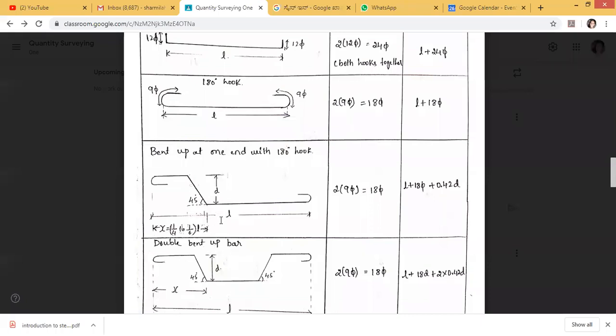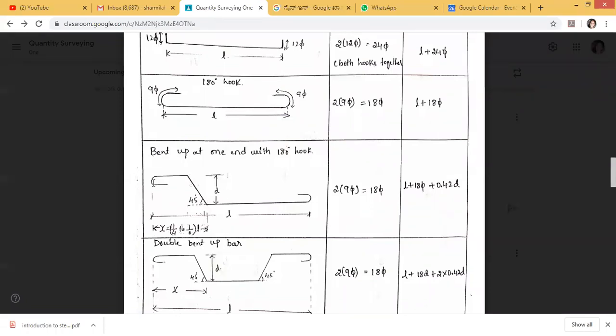For 1/4 to 1/6 times L, that portion of the length will be in bent up parts. So where will you provide bent up parts? Especially in doubly reinforced beams, and in slabs you will give bent up parts, especially one bent up part, which you will give in slabs when you are going to provide alternate bent up parts in slabs.